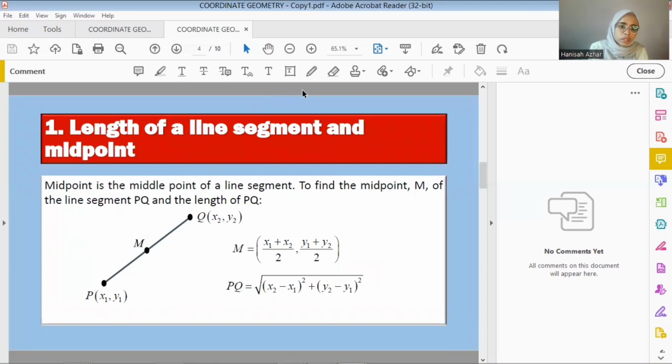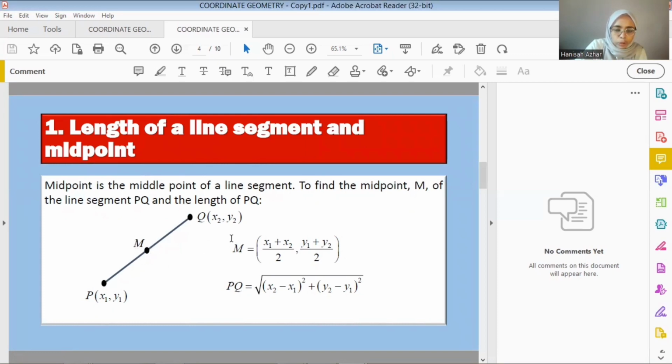Okay, the first topic is length of a line segment and midpoint. What is a midpoint? The midpoint is the middle point of a line segment. To find the midpoint, capital M, of the line segment PQ, and the length of PQ, is given as below. So here we have line PQ, and then we have the midpoint M, capital M,